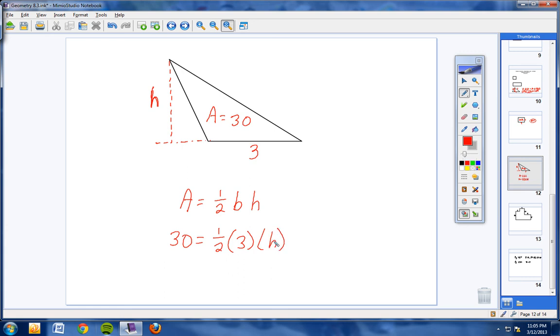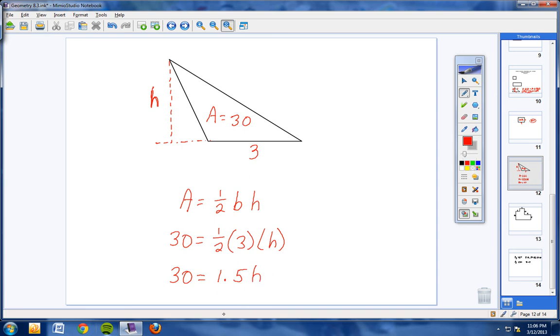Now we learned yesterday, whenever you're solving these equations, simplify each side as far as you can, okay? So 30 you cannot simplify, so we leave that alone. And then we have 1/2 times 3 times h. So let's make this really easy. What if I had 5 times 6 times x? You guys know what to put. You would put 30x, right? Well, just because there's a fraction down here doesn't change anything. 1/2 times 3 times h. Use a calculator if you need to. You would get